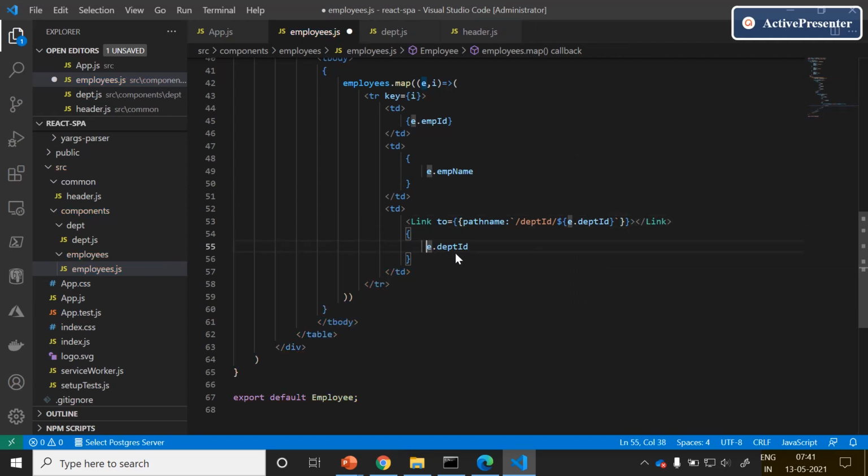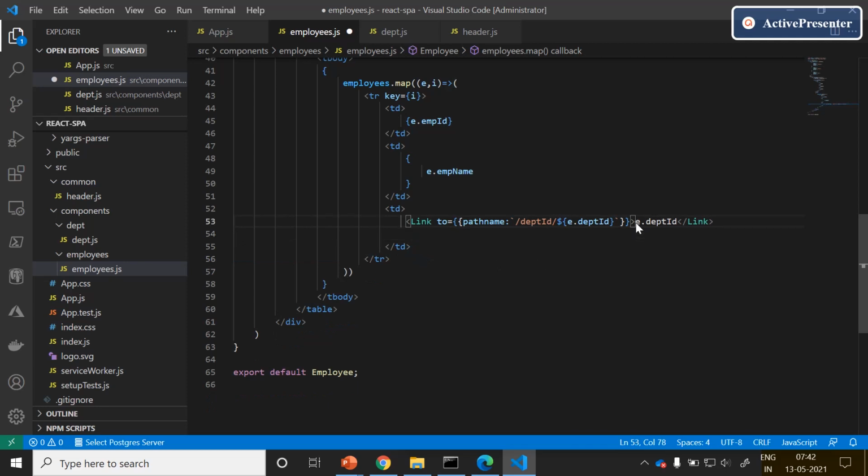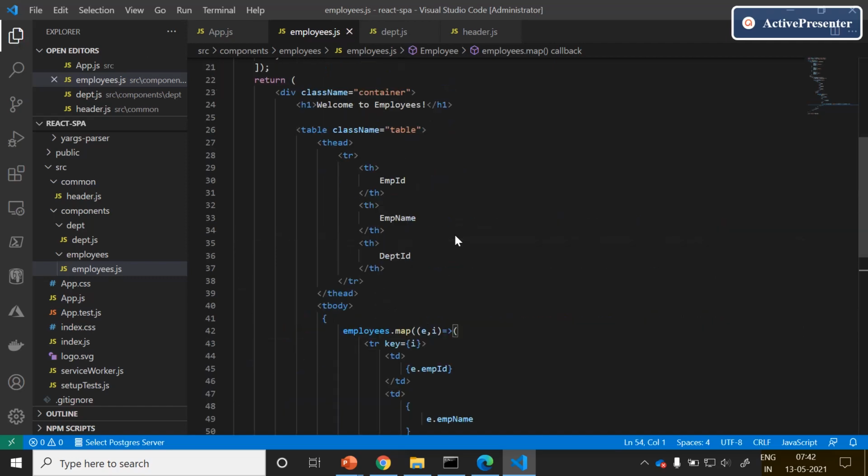In between the link, just cut this and paste it inside of the link. With this, we are done with adding the link.